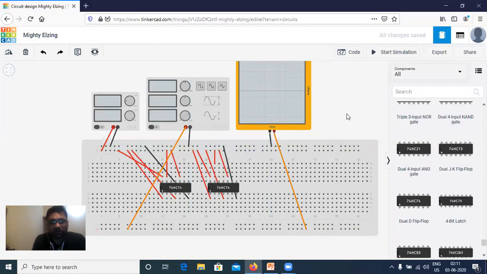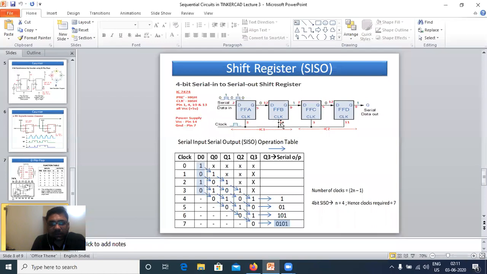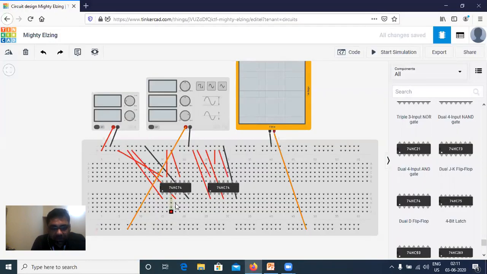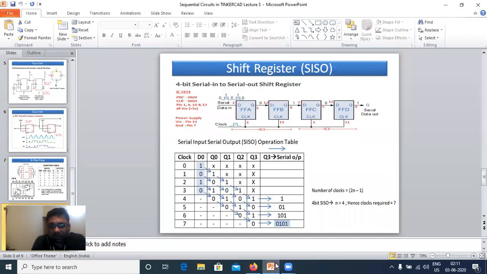Now this clock line should be connected to all the required clock pins. What are the clocks? 3 and 11 for both ICs. So this is my 3. 3 should be connected to the clock line, and the next one is my 11.